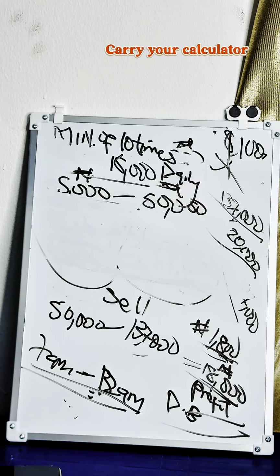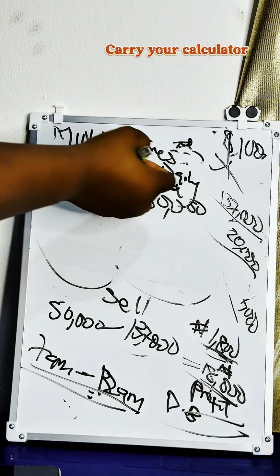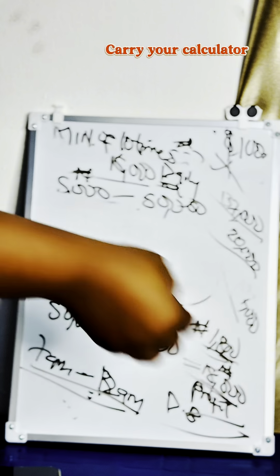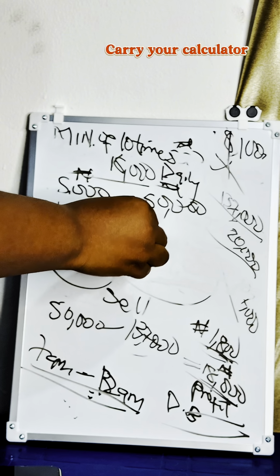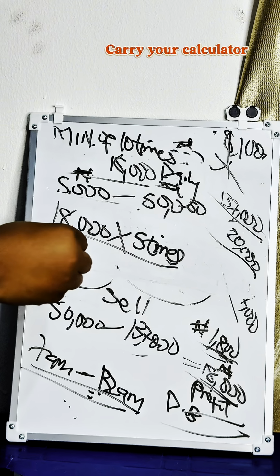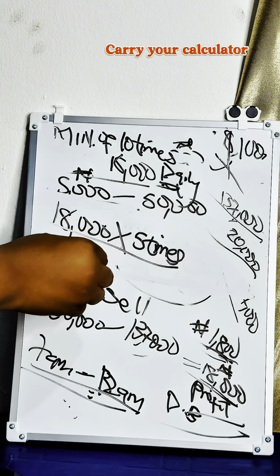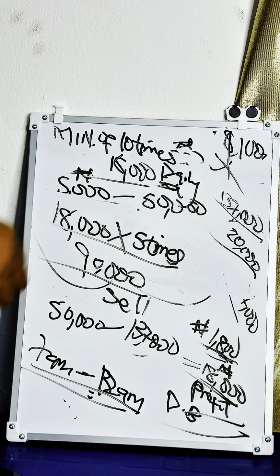I work Mondays to Sundays. Now let's say you don't like money. This 18,000 times 5 times a week would be giving you 90,000 naira